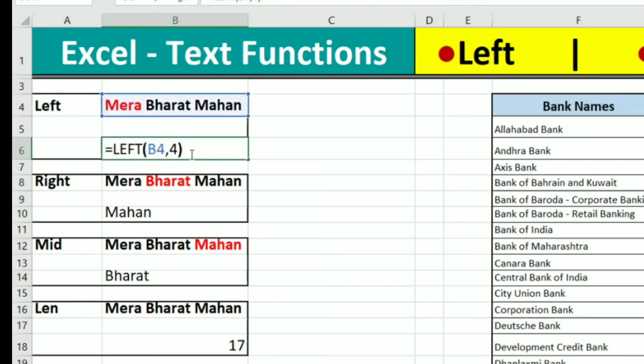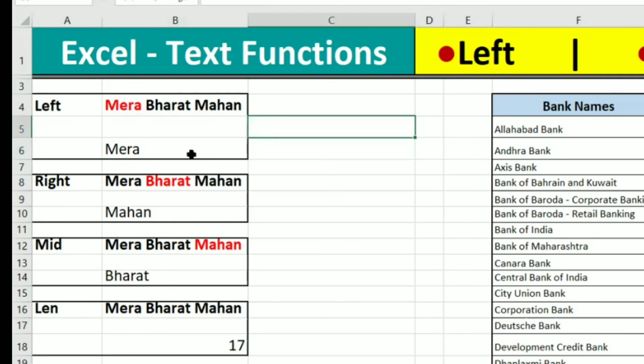Suppose we are not giving the number, so it takes the default of one, the first character only. If you give the number of characters, it's your choice. I'm giving 4, so it will get the 4 letters. Here is one example where I increase and decrease the number of characters.